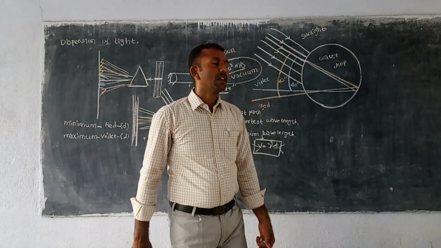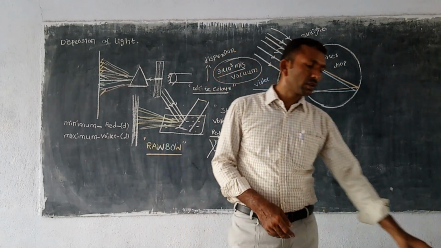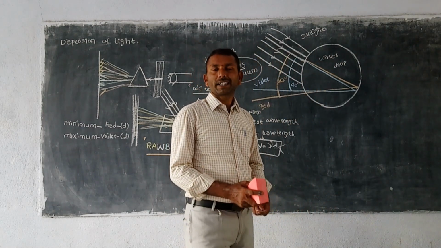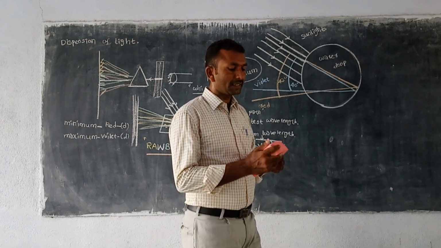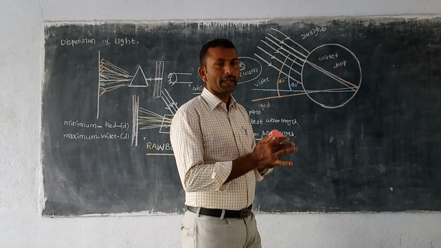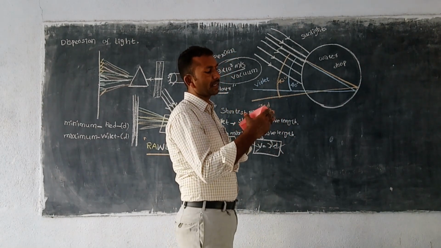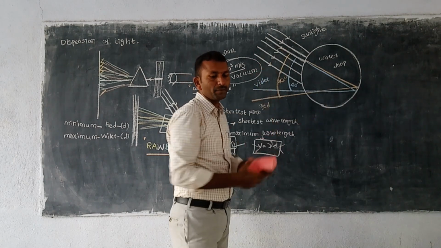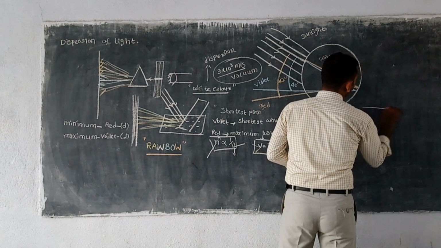So here, what is the work we have to do? If you are living in villages and go to the agricultural field, you can see the motor pumps flowing. Just think, this is a pipe and the water is coming from it, and if you keep your finger here, the water will flow in this direction like a fountain.